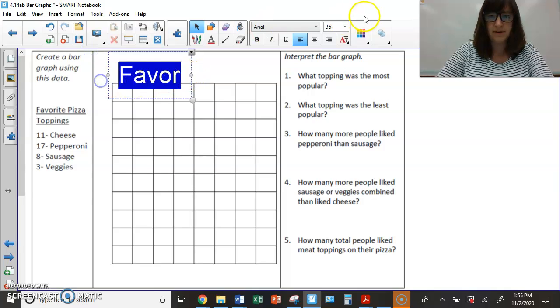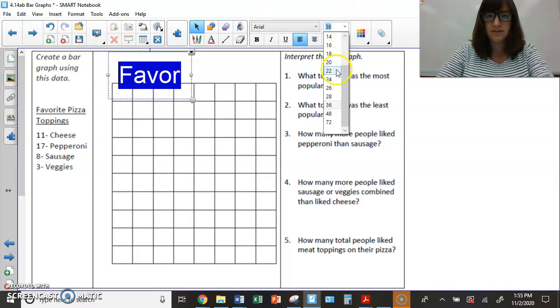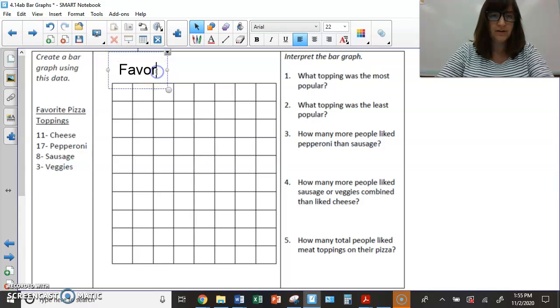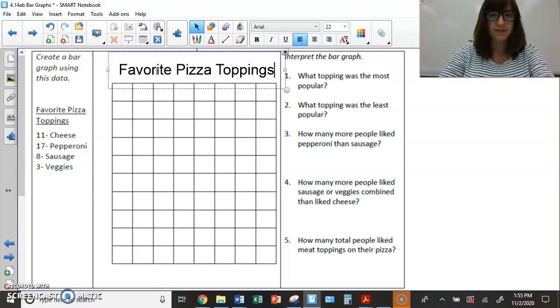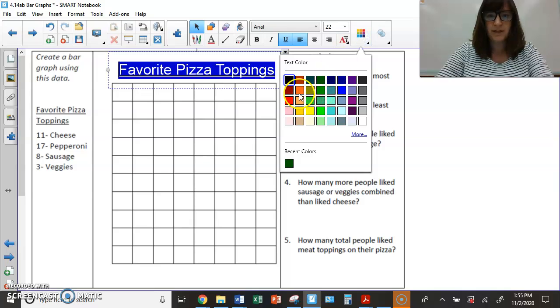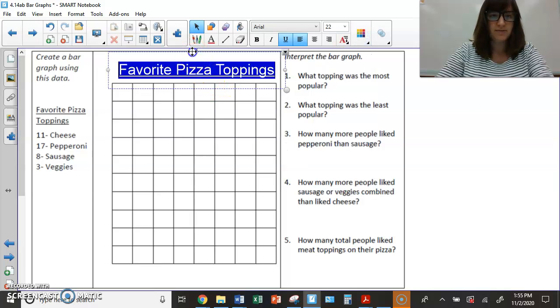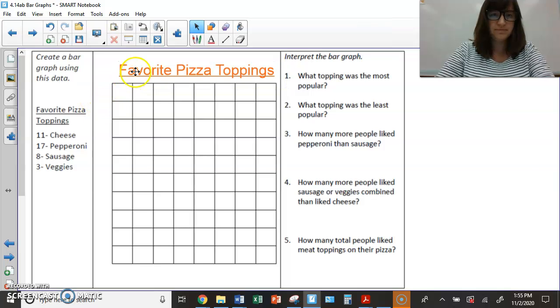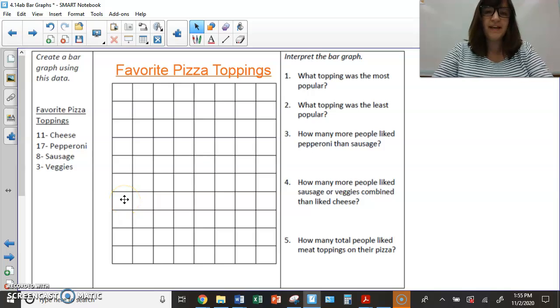And I'm going to go ahead and make this smaller. Favorite pizza toppings. Okay, so that is going to be my title. I'm going to underline it. Go ahead and make it a color that stands out. All right. So that's my title. Okay, but that's the title for the whole graph, but I also need to go ahead